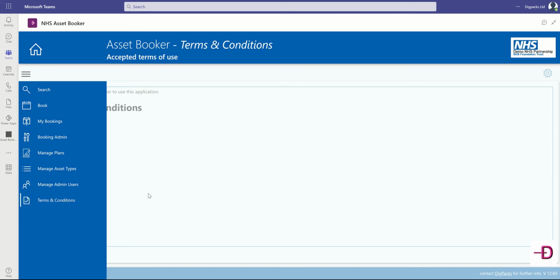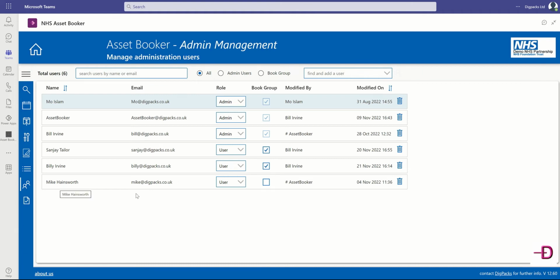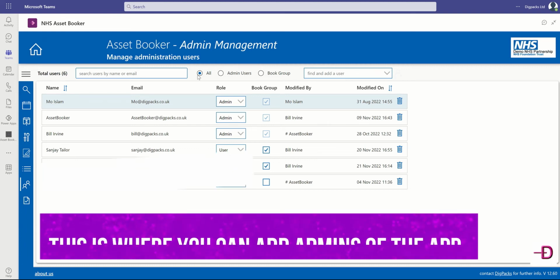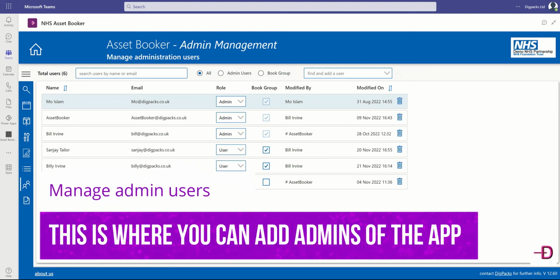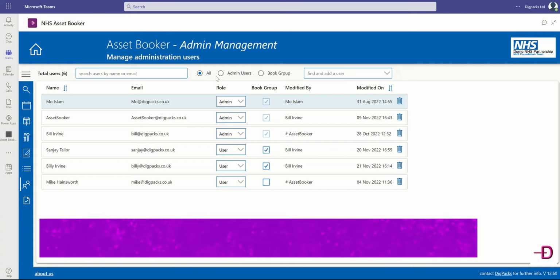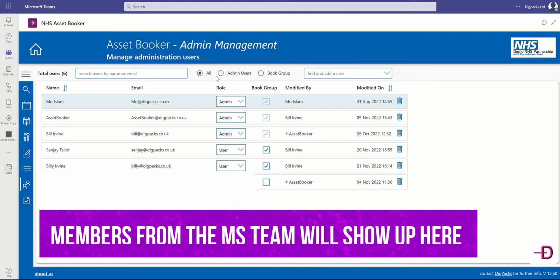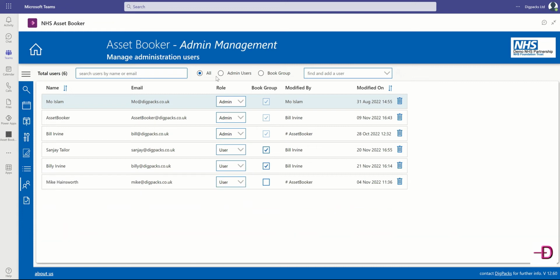Now we'll move on to the Manage Admin Users section. So this is, as the name implies, the administration users for the application. We can see here all the users that we've added to this section that we want to give special privileges. There can be many users in your team, but the only users that you need to add here are those that you wish to give either admin privilege